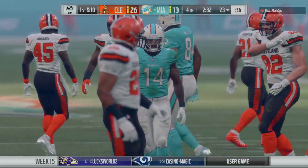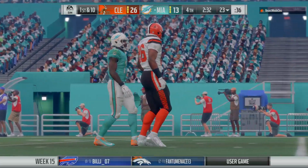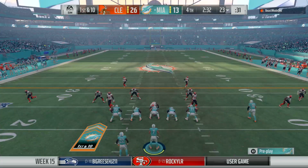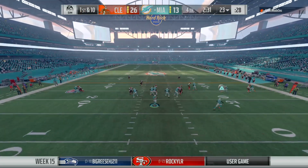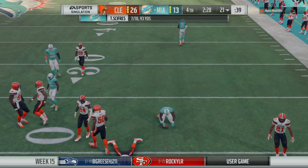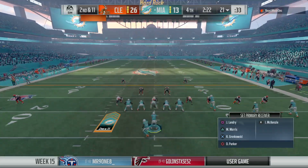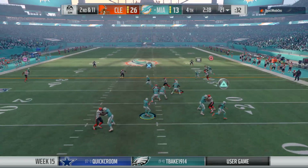And on that last drive, went for it on 4th, turned it over. But good job by their defense, though. They held them to 3, but this offense, they've got to be a little bit better, a little bit more careful here. And sometimes when you see these calls on 4th down, when they decide to go for it, it's not necessarily the coach saying, I believe in my offense. Sometimes the coach is saying, I believe in my defense. I can afford to go for it here, because if we don't get it, I don't think we'll give up more than 3, and that's exactly what happened there. You think that factored in? I do. I think that he had that in his mind going into the game, that I'm going to be aggressive on offense because